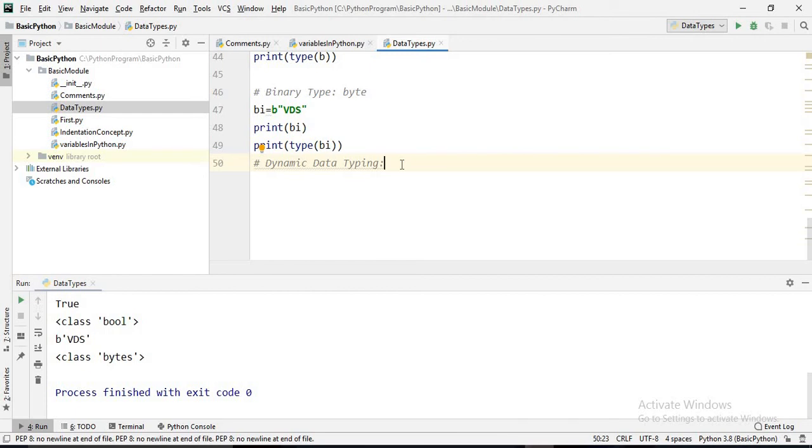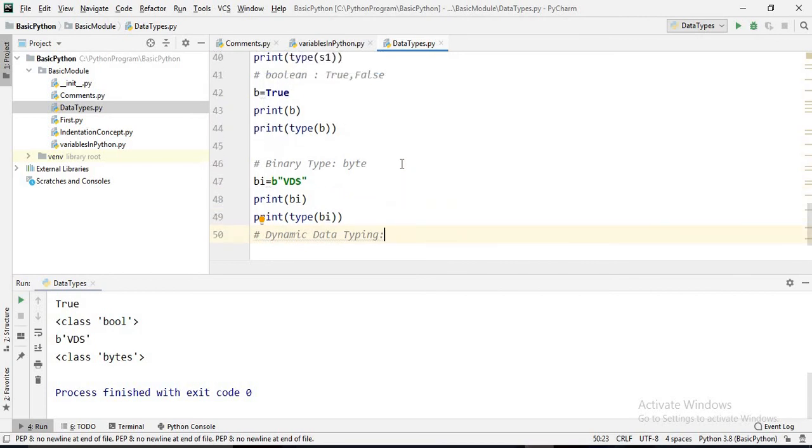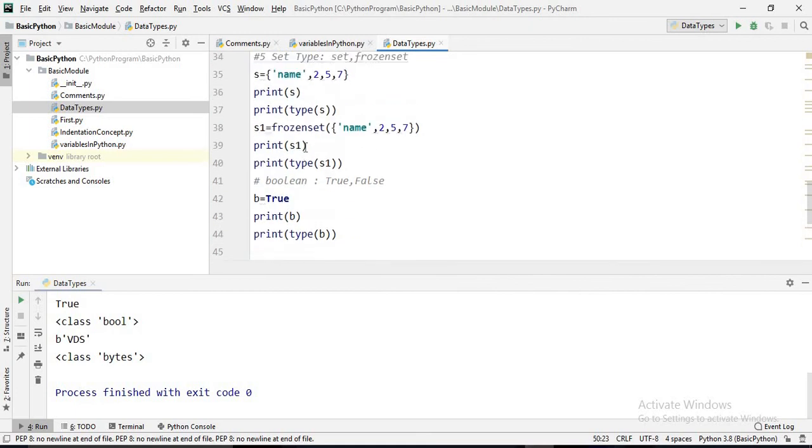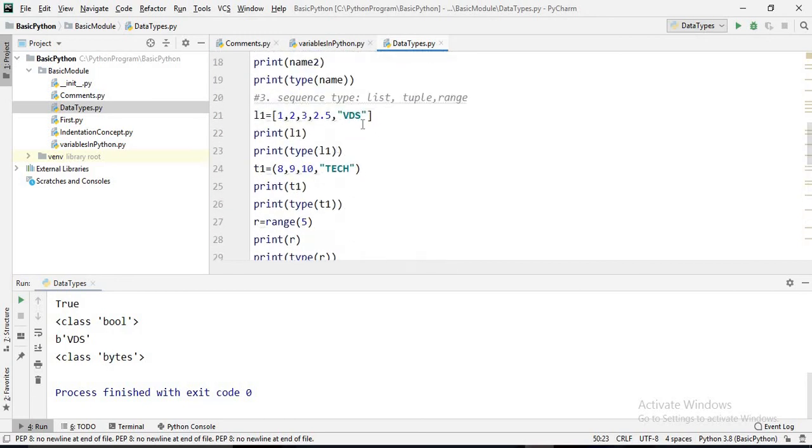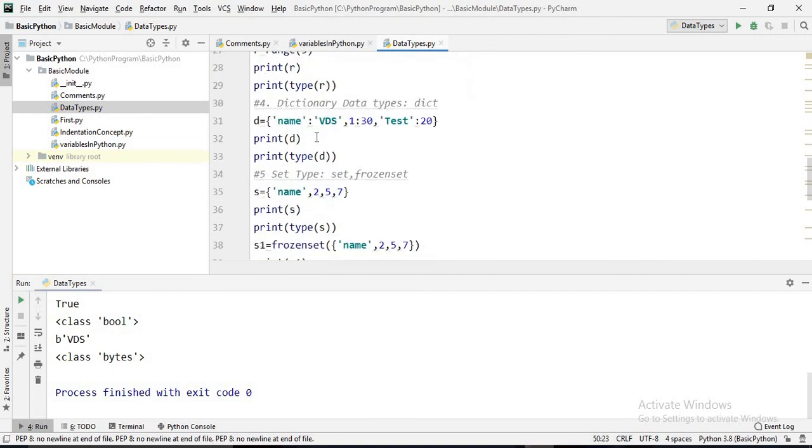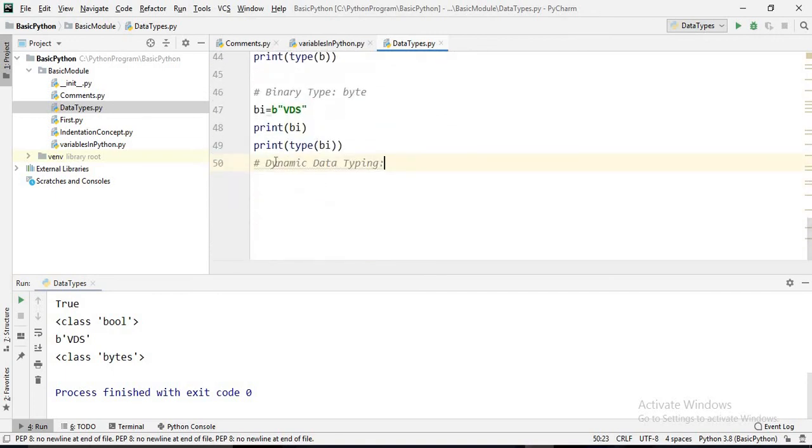In Python, the interpreter maintains all these things. At runtime, whenever we run the code, the Python interpreter decides based on the value whether it is integer, float, complex, set, dictionary, list, tuple or range.